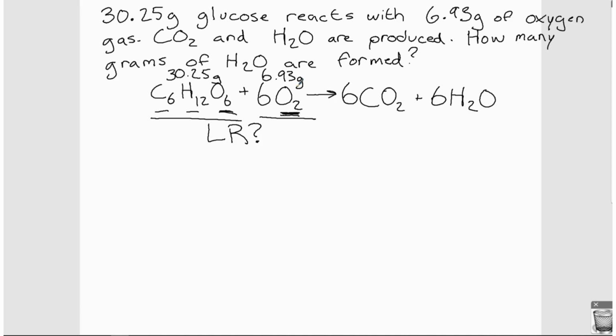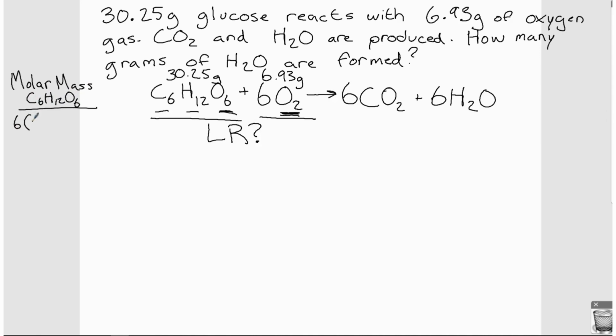The first step that we need to take is to make sure we calculate the moles of each substance. Grams is not going to help us. So in order to get grams converted to moles, we need our molar masses. So let's figure out what it is for glucose. Now, since the formula is